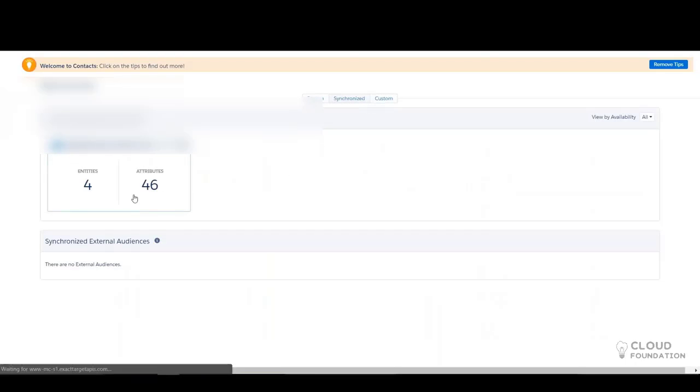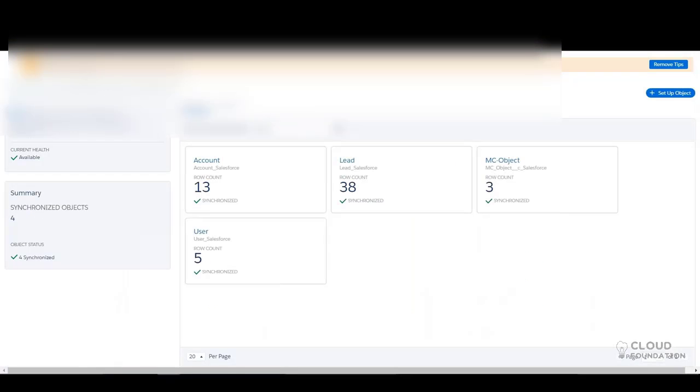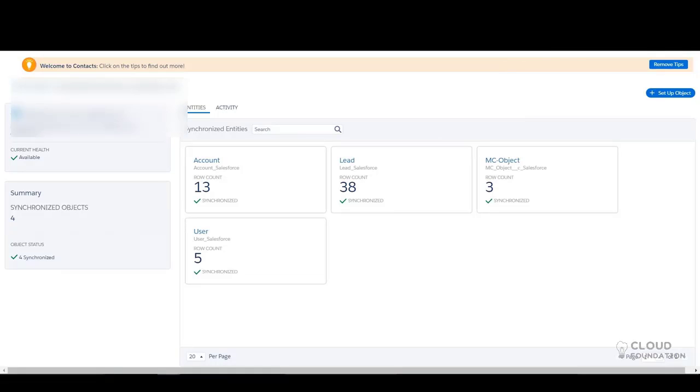When I click on Synchronized, like I said, we have the concept of Marketing Cloud Connect. This Marketing Cloud Connect is used to integrate Salesforce and Marketing Cloud. So how it works: we have a Marketing Cloud Connect package, and you need to install that in your Salesforce account, in Sandbox or production.